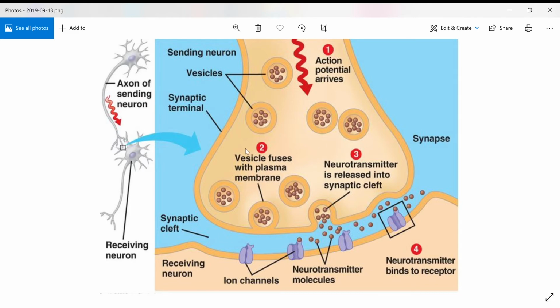This calcium going into the terminal buttons causes the vesicles to fuse with the plasma membrane and release the neurotransmitters into the synaptic cleft. The synaptic cleft is where all the neurotransmitters can travel from one cell to the other. Right here, this is another receiving neuron that's going to be getting all of these neurotransmitters bound onto